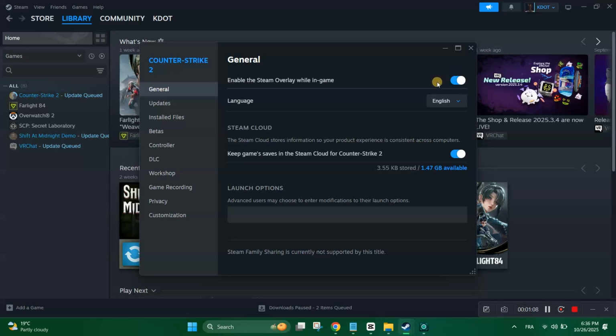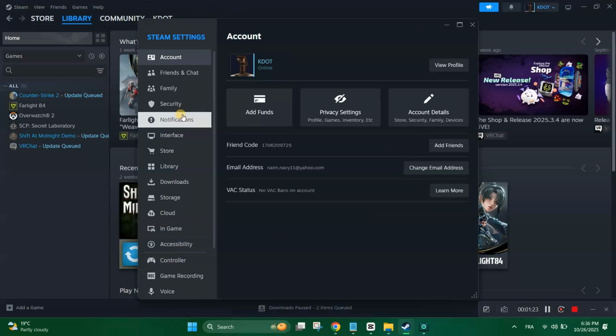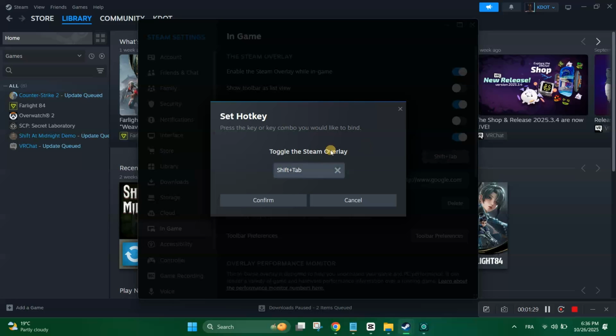The Steam overlay can be opened in-game using a keyboard shortcut. By default, this is Shift plus Tab. If you want to change it, go back to Steam, Settings, In-Game, and you'll see an option to customize the overlay shortcut key. Make sure it's set to something convenient so you can access your friends, notifications, and other Steam